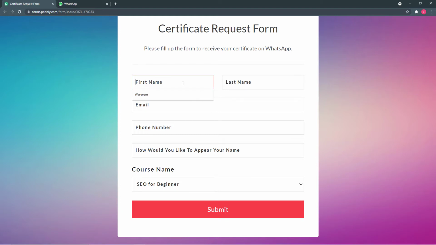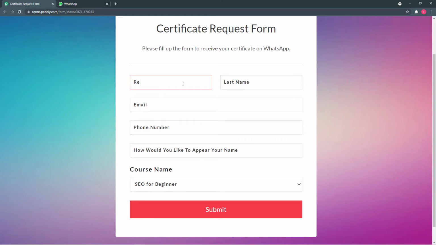So I'm going to fill the form as Rakesh Puri, and the email of Rakesh and the phone number of Rakesh is this, and it is asking how would you like your name to appear in the certificate.